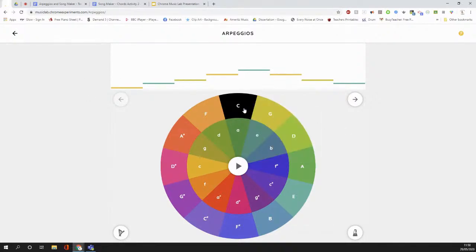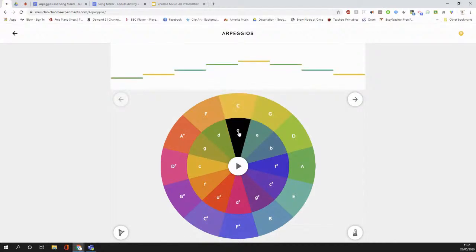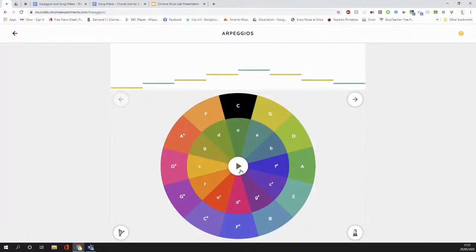So what you can do with this, if you just click on C, for example, is get it to play the pattern at the top. So that's going to stick on C. If I change that, you can see that it then goes higher, and then obviously plays the chord for you. Just for the purposes of this, I'm going to stick with C major. And if I play this in the middle button,